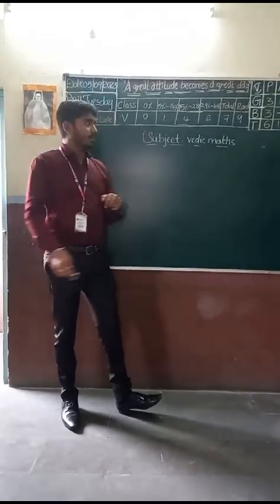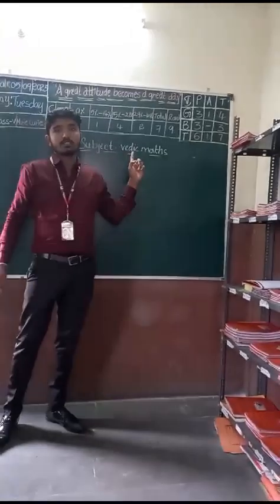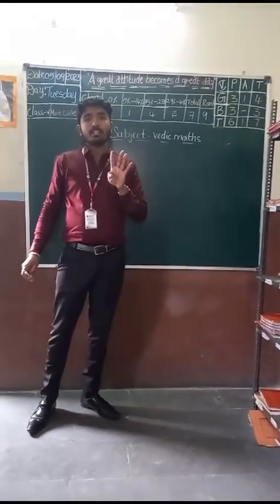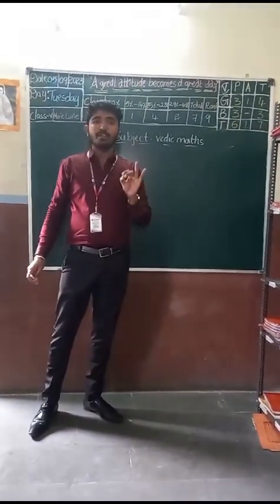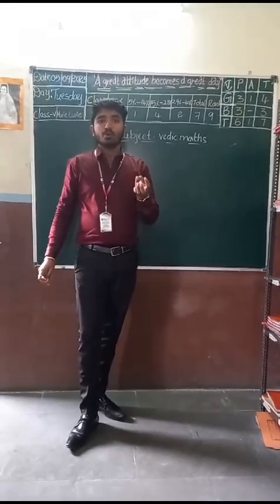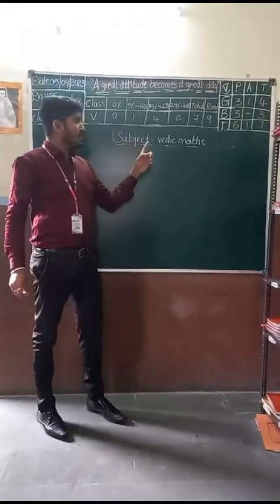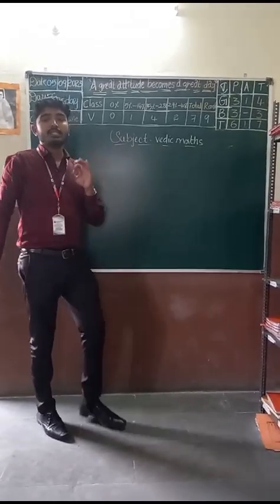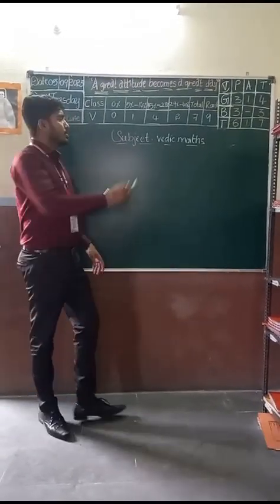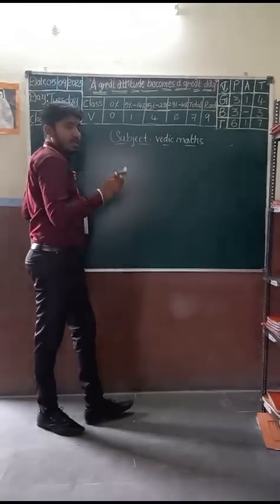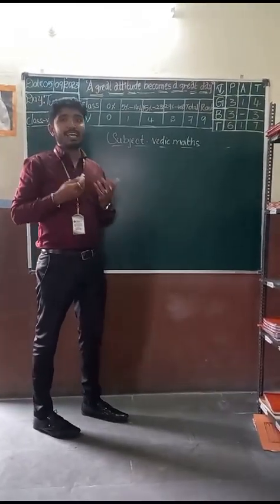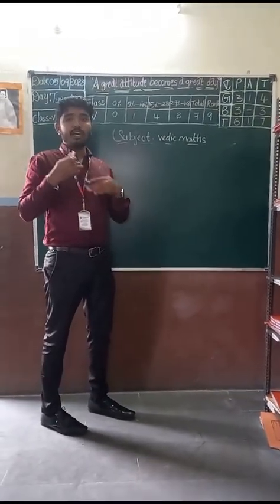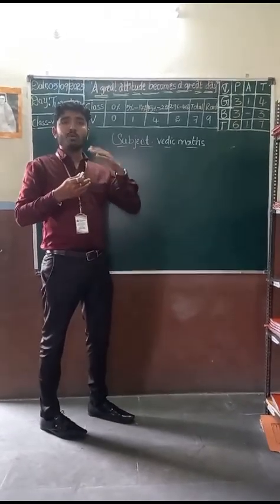So what is Vedic? Vedic comes from Vedas. You know Vedas, 4 types of Vedas there: Yajurveda, Samaveda, Atharvana Veda, Rig Veda. So this Vedic maths was invented by Sri Bharati Krishna Tirtha Maharaj. So in this Vedic maths we are learning how to do the easy calculations, because when we are doing the multiplication, we are taking more time.